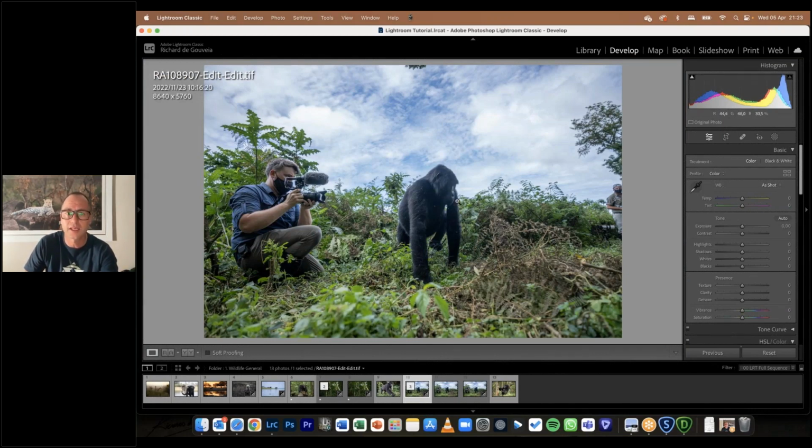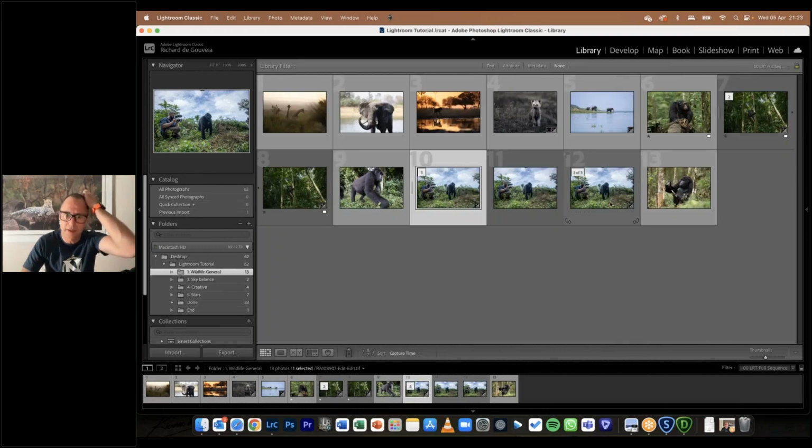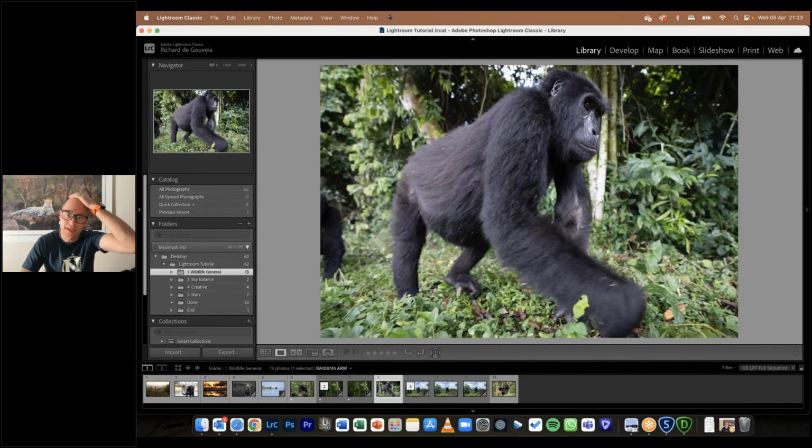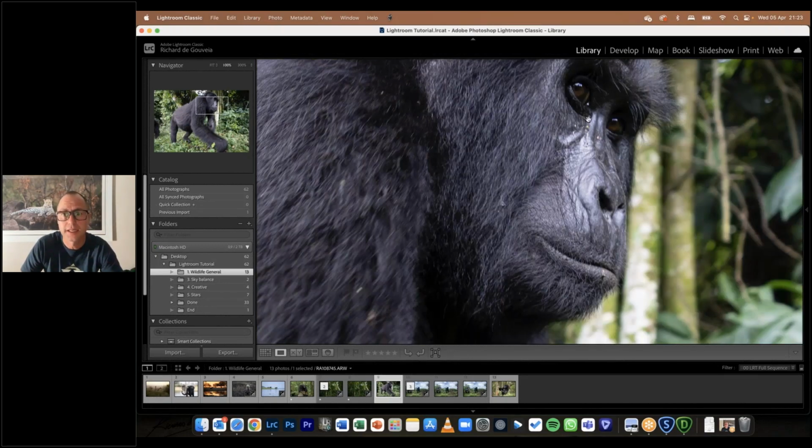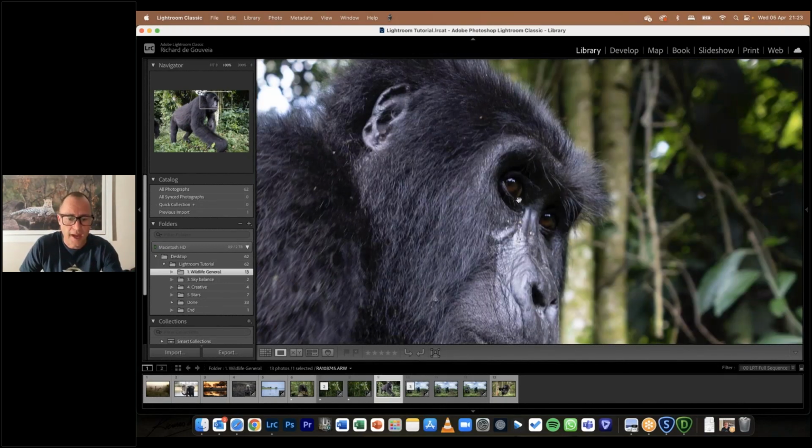Again, nothing that I'm going to enter into a competition, but a great way of showing things off and at least showing people in there what can happen and pulling things back. Now, one of the other tools that we spoke about, because people had asked last week about Topaz. So if we look around the eye here,